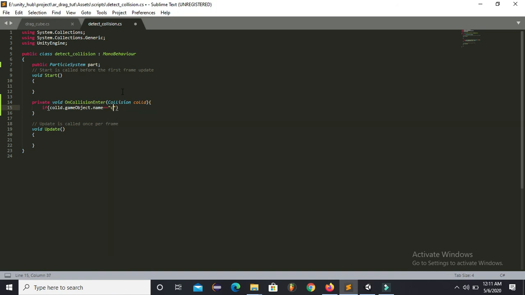So whenever the cube 1 comes in contact with the cube 2, this if condition will be set to true,